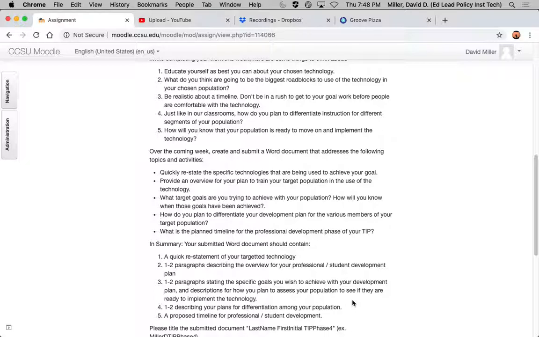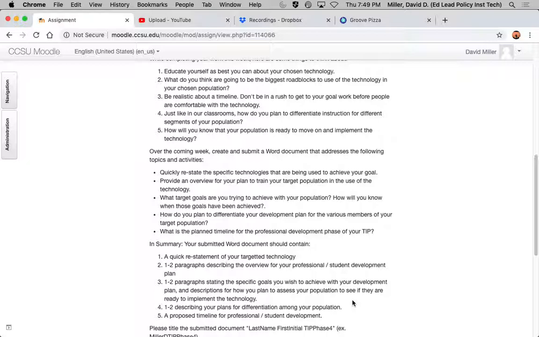There's obviously more on this page for you to read when you have a moment, but does that, as an overview of the activity, make more or less sense? Right? So what you should have by the time this phase is done is you know the subject of your plan. You've done a needs assessment on the plan. You've targeted the technology you're going to use for the plan, and you now have a plan for putting the training into place so that that technology can be used.